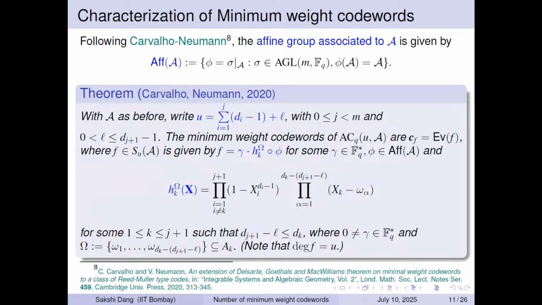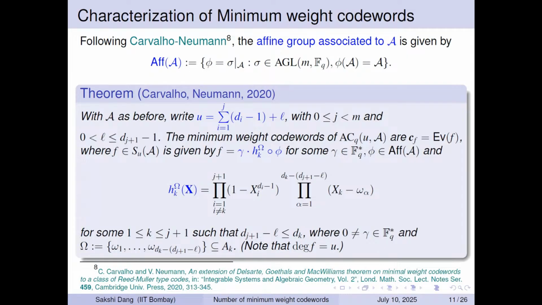Then they define the affine group. We have already seen that the affine general linear group has a nice structure in terms of matrices. But when we consider the Cartesian product, we have this definition that the affine group associated to the Cartesian product A consists of restrictions of the elements of the affine general linear group such that they are bijective on the Cartesian product A. And this is a characterization given by Carvalho and Neumann